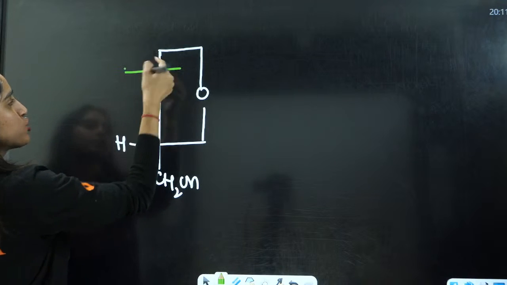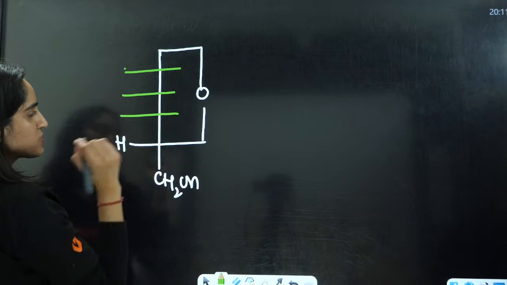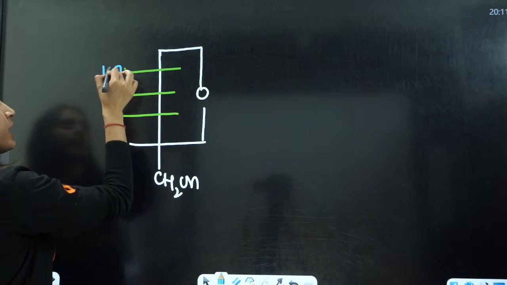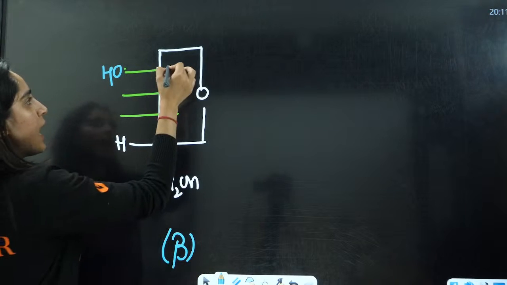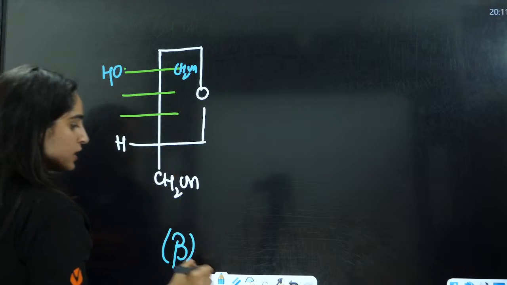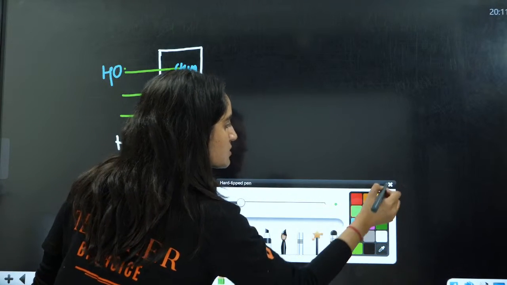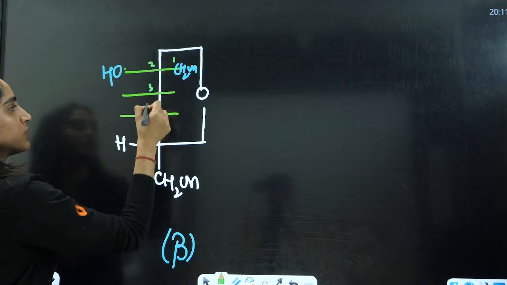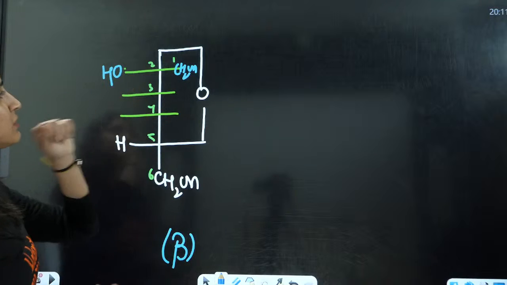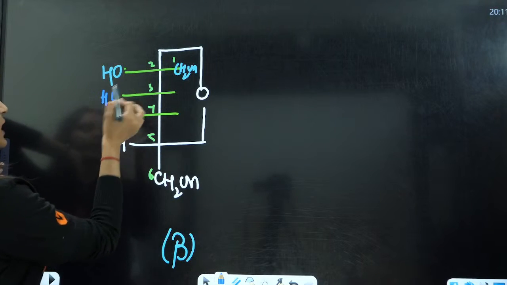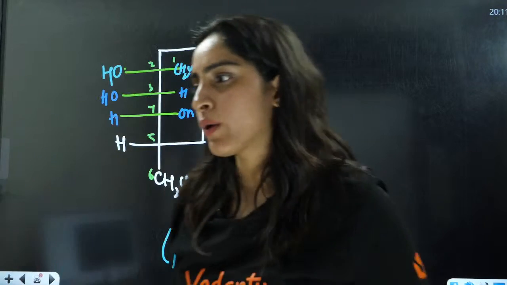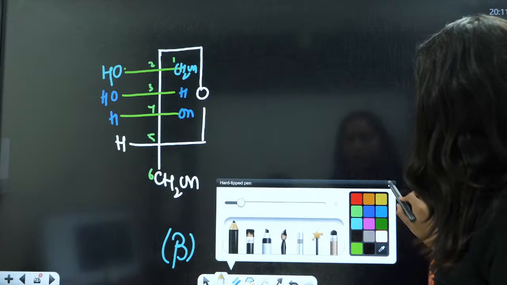This is going to be 1, 2, 3, 4, 5, 6. The OH on the left side defines the beta fructose here, and this is going to be CH2OH. This is the 1st carbon, the 2nd carbon, 3rd carbon, 4th carbon, 5th carbon, 6th carbon. Now on the 3rd carbon, the OH is on the left side. On the 4th carbon, the OH is on the right side. This is H, this is H. Right? Okay, everyone? Yes?